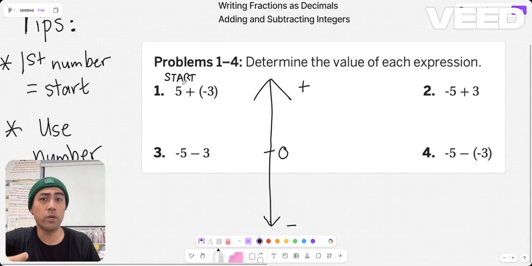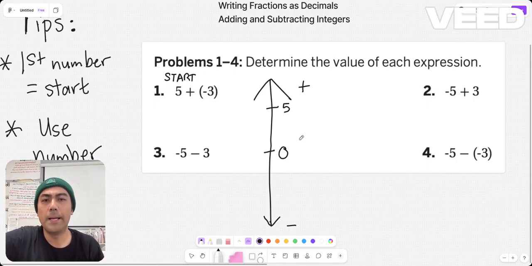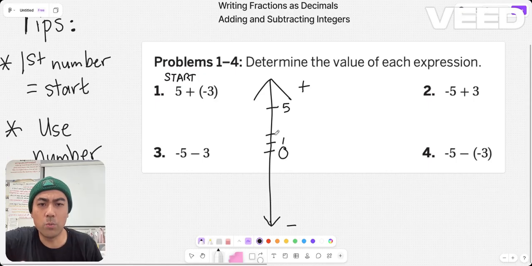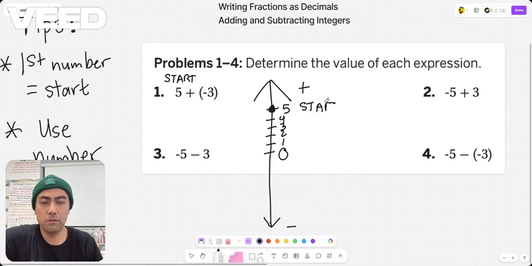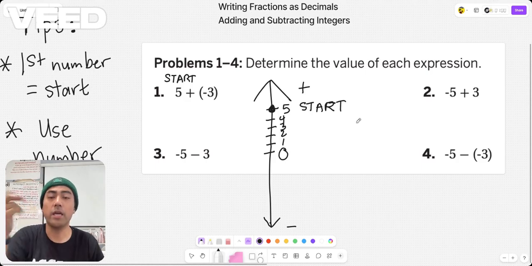Okay, so we said we're going to start at 5. So I'm just going to go ahead and put 5 here. You might want to count to 5 though. So you might want to go 0, 1, 2, 3, 4, and 5. And yes, this is where I'm going to start. Here's my starting number. Whoops, I'm sorry, my pen is acting weird. Okay, so my starting number is 5. Now I'm adding